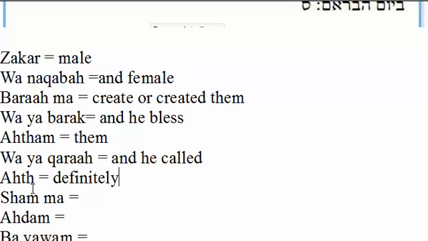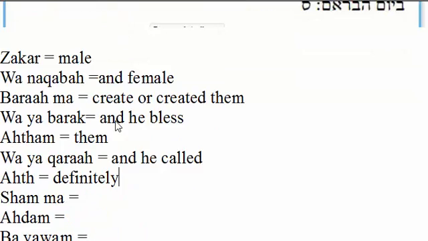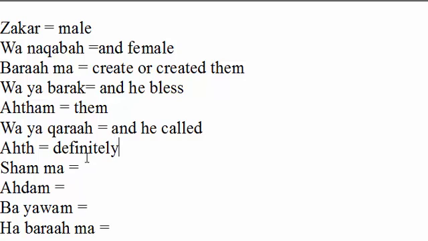This is a sign that this definitely took place. So you're going to see this when you read the Torah, or the Tanakh, you're going to see this Ath a whole lot, as you see right here. These two letters together a lot, and most of the time it's dealing with something that definitely took place. All right, and definitely Shamma, and he called definitely Shamma. Sham is name. Ma at the end of a word again when it's not connected is they or their,